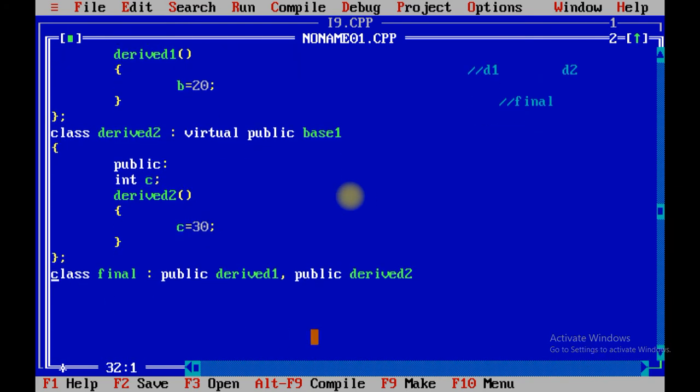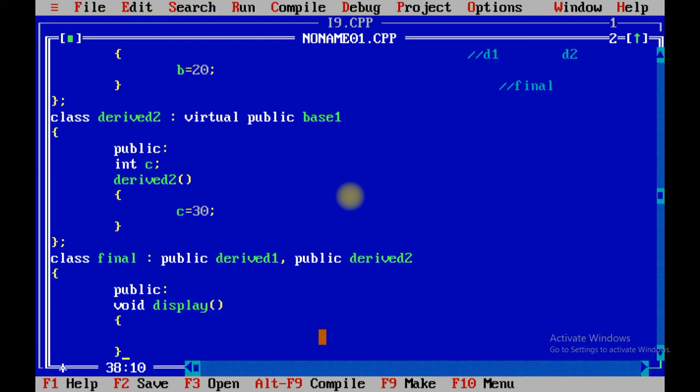Now we are going to make one public method, void display, which will display all three values of the above classes.